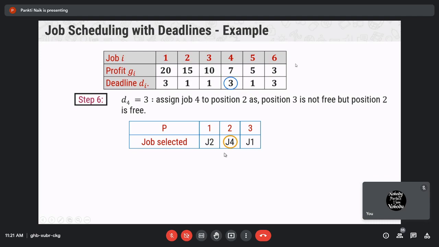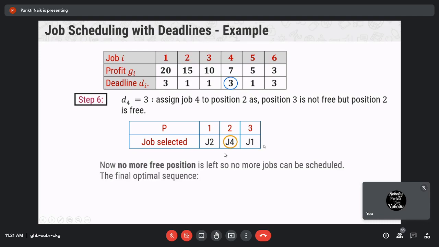Now next job is 5 with deadline 1, but position 1 is already occupied. Next is job number 6 with deadline 3, and there is no more free space in the final scheduled array. So the final optimal sequence for these jobs is